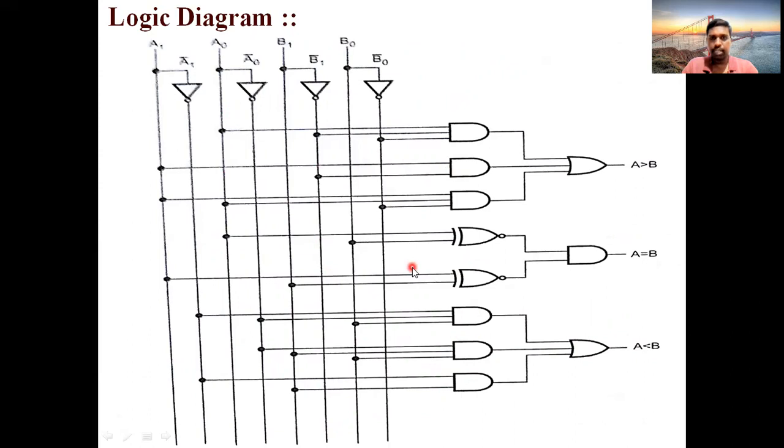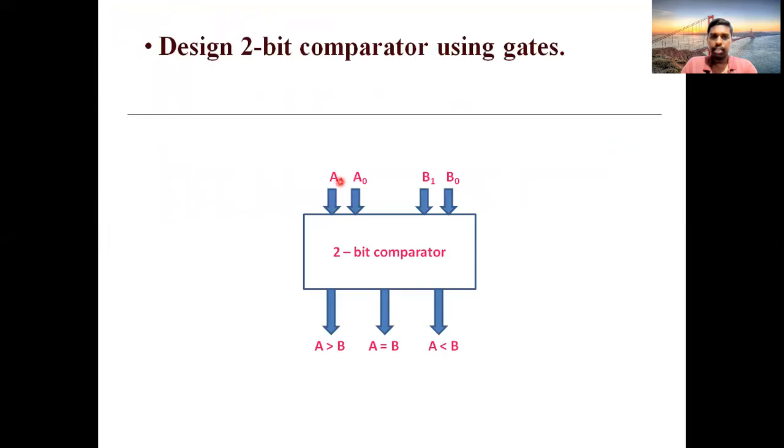It is very, very important from the exam point of view. The same criteria you can follow in the case of 4-bit also. If you learn this 2-bit, it is easy for you to frame anything. But remember that if you are having 4 bits, you should add A0, A1, A2, A3, B0, B1, B2, B3. Right now it is 2-bit, that's why B is taken in 2 bits, A is taken in 2 bits, totally 4 bits.